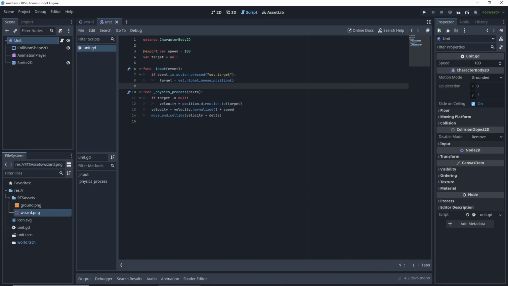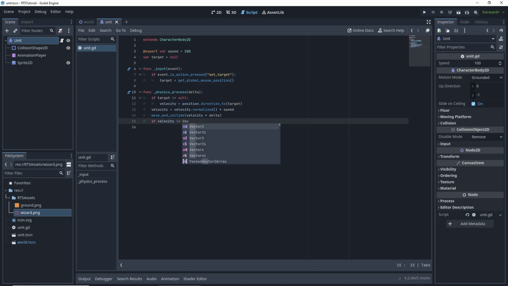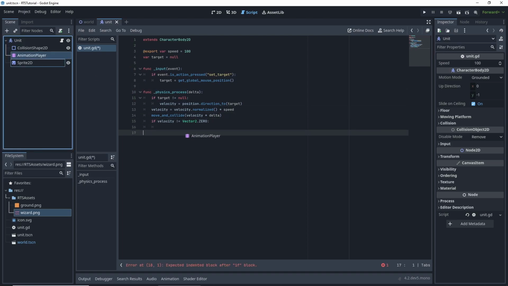Save, and if velocity is not equal to Vector2.ZERO, then we want to get our animation player reference so we can click on it and drag it in,